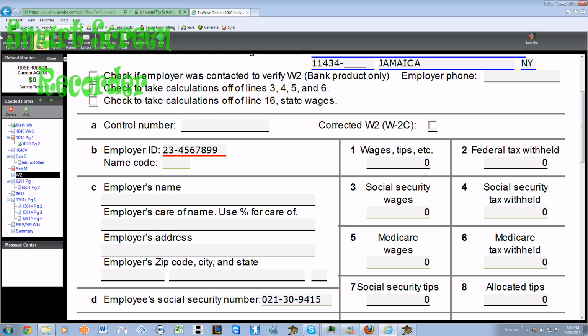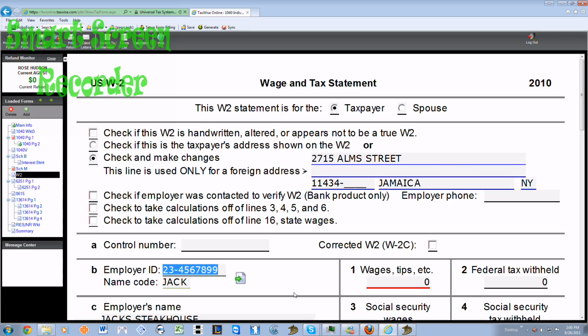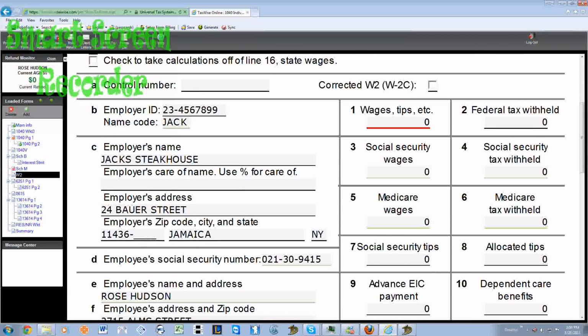Alright, and once we get this in, you should hit save return, and you should notice that it updates everything else below: the name code, employer's name, employer's address, employer's zip code, etc., etc. Okay,